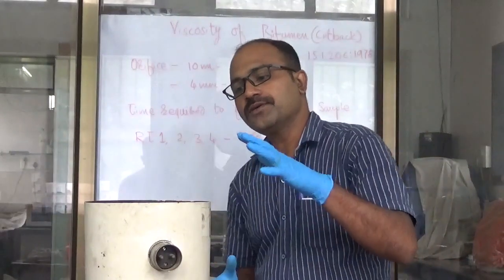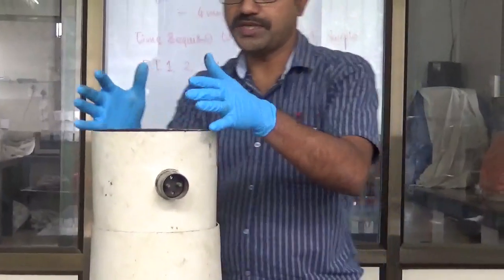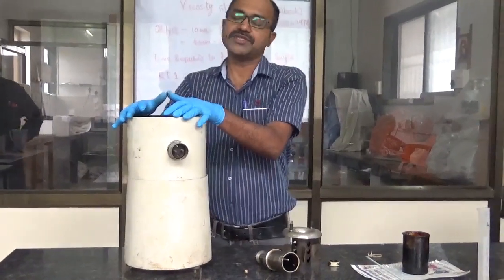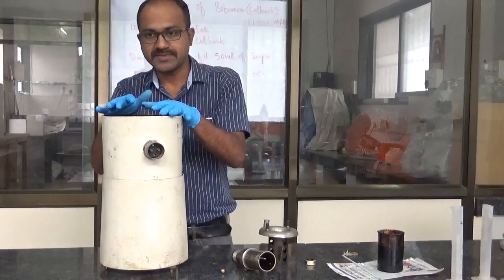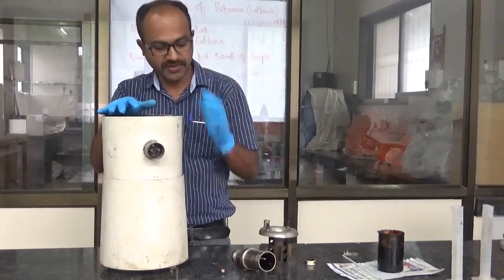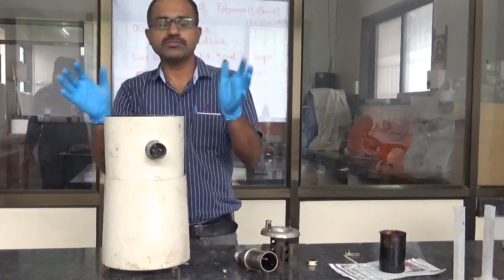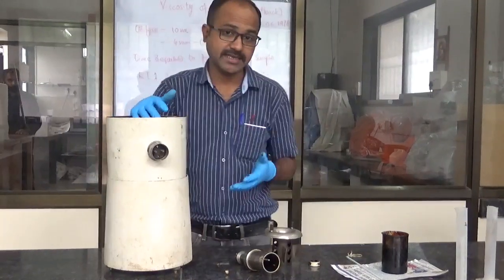So this is my viscometer. With the help of this viscometer, we are going to find out the viscosity of the cutback or the tar. Today we are going to perform a practical on a cutback, so there will not be any heating. But if I am using a tar sample,